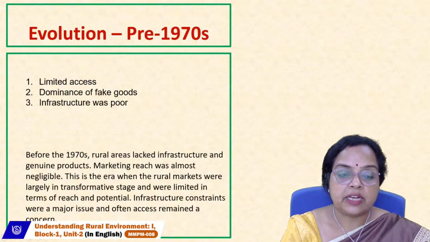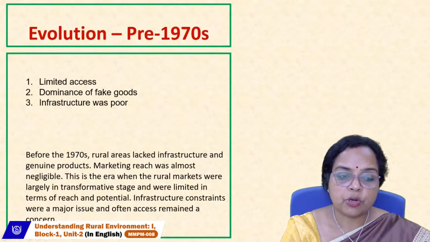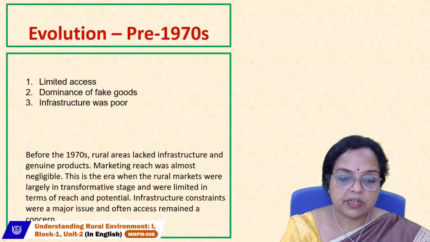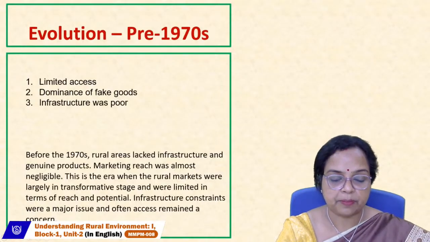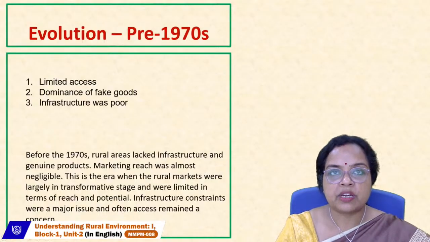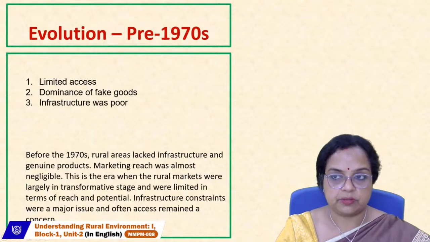And another challenge existed at that time, known as the genuine products challenge. Many fake products were there in the market at that time. Marketing reach was almost negligible. This is the era when the rural markets were largely in a transformative stage and were limited in terms of reach and potential. That means rural marketing as a concept, rural markets as a platform were in the stage of transformation,